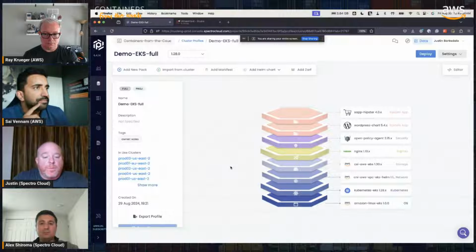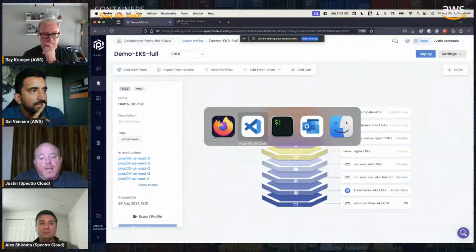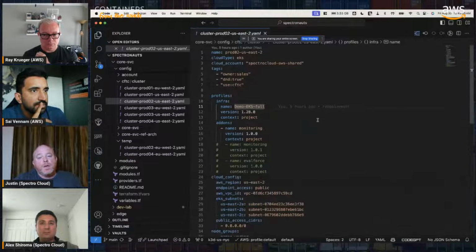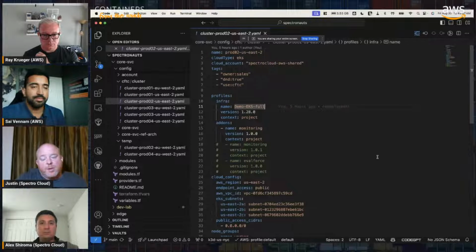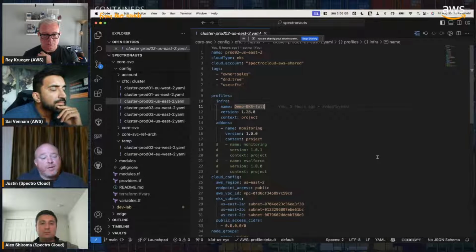Now, we have a very robust Terraform provider. Everything that we can do in the UI is also available via the API. We're an API first platform. And so when I look at this, I can turn around and say, let's build some number of Kubernetes clusters. And I've defined those clusters within some Terraform code. Now it's Terraform behind the scenes. We've simplified it, making it look more like YAML, because we found that a lot of customers may not understand Terraform. So it's a bit easier to read in this context.